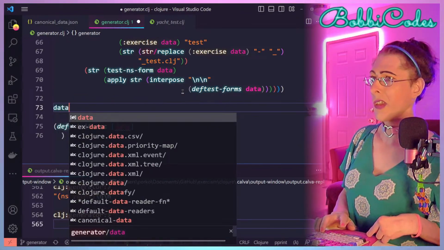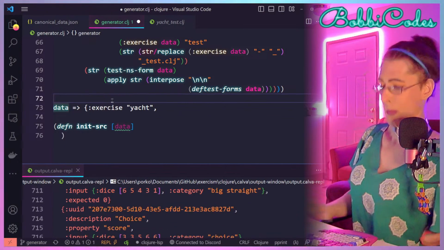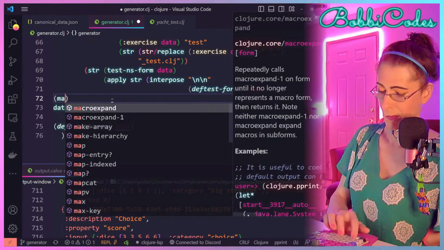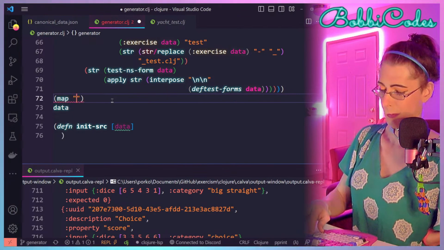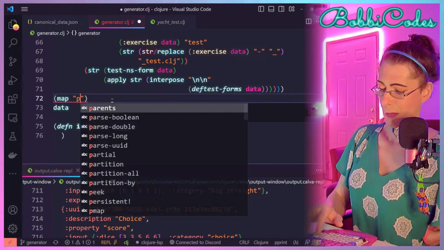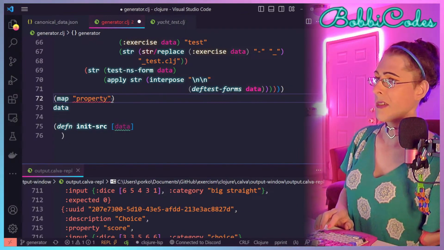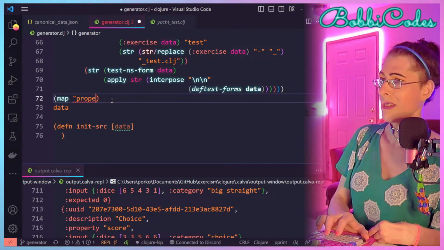So we have our data and we want map property. And we changed the, wait, why did it?